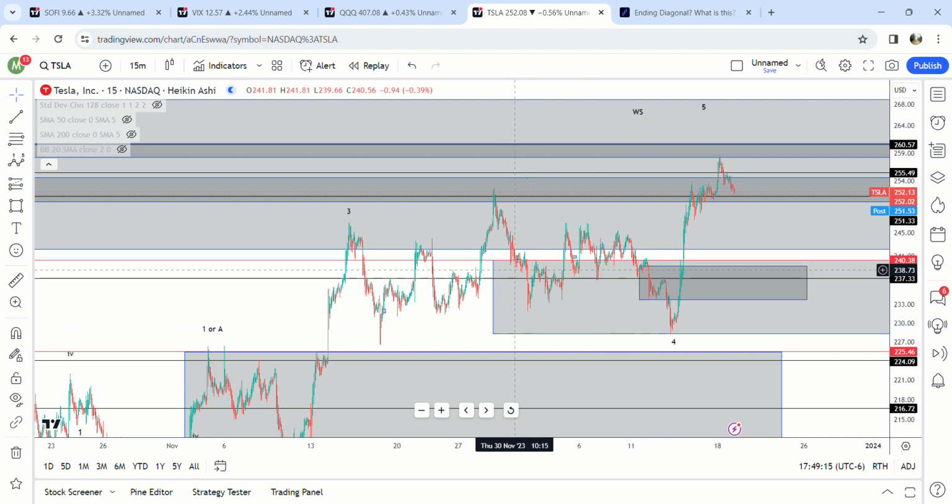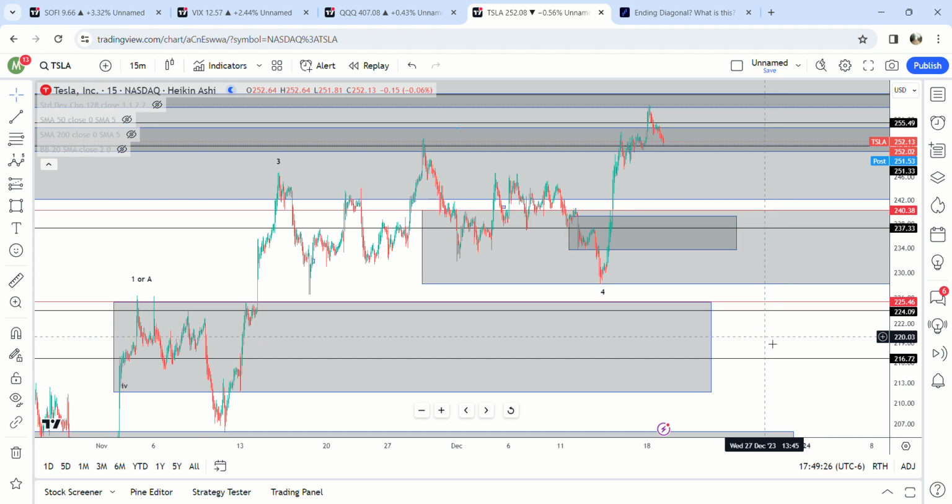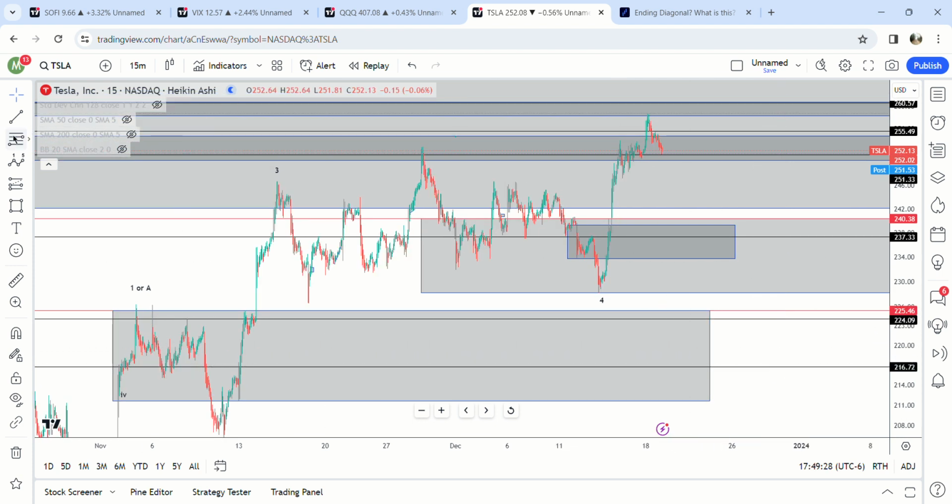You can also look at the length of how long this took. So Wednesday the 29th to the 18th, that's 19 days. I would expect this to bottom somewhere around the 27th. So a few days after Christmas, I would expect a bottom on this. So again, no idea which one it will be, but it's probably going to be